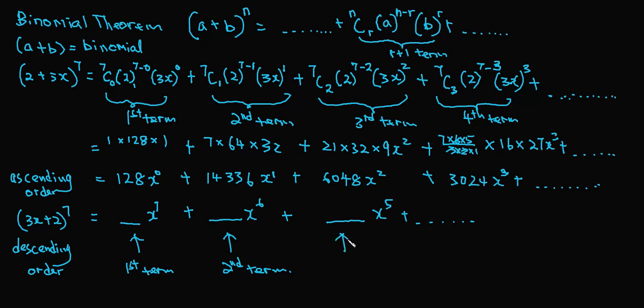This is the third term. If you arrange it so that 3x comes first and 2 comes second as the second term in the binomial, then you have this arrangement of the